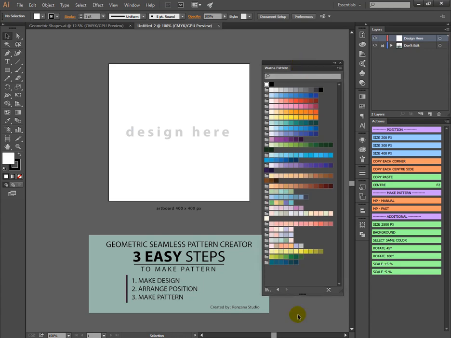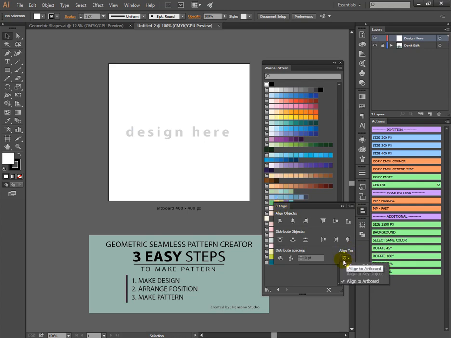Okay, before we start to make pattern, we have to do some setting. First, you need to go to transform and make sure that you activate this symbol, okay, like this. And then go to line and go to line 2, click the symbol and make sure that you check line to artboard like this.